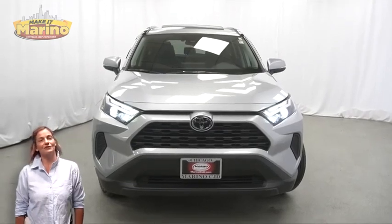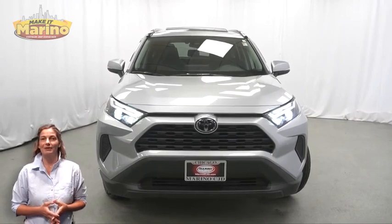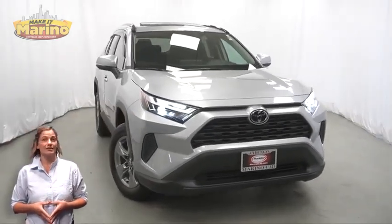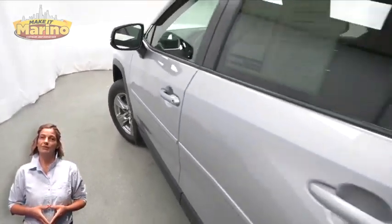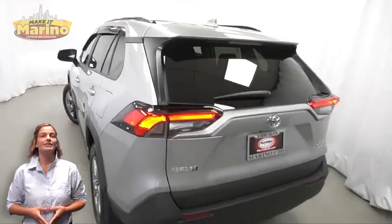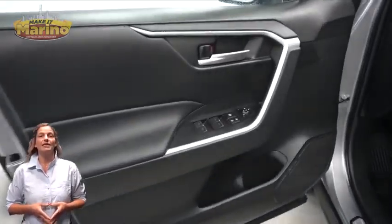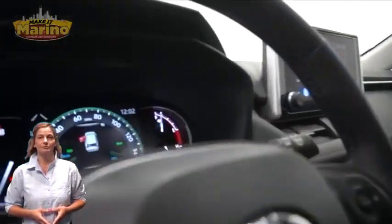Have you been searching for the perfect SUV with safety and reliability without breaking the bank? We'll take a look at this 2024 Toyota RAV4 XLE in silver. With HID headlamps, front fog lamps, 17-inch aluminum wheels, heated front seats, heated steering wheel, 8,000 miles on the odometer,